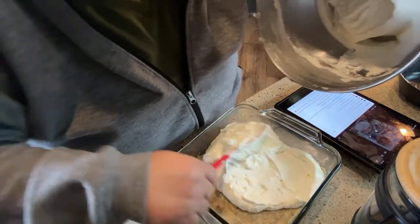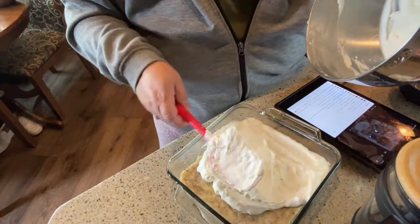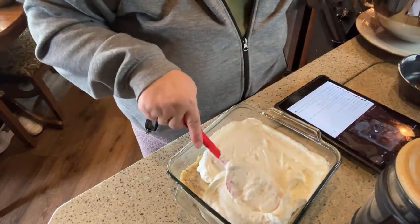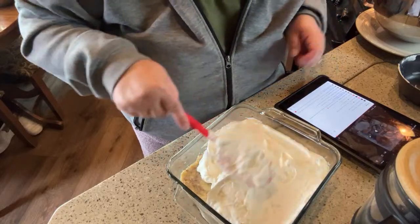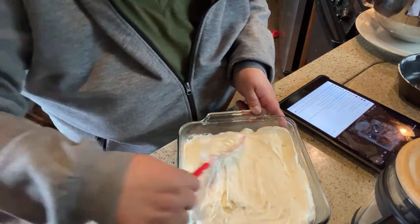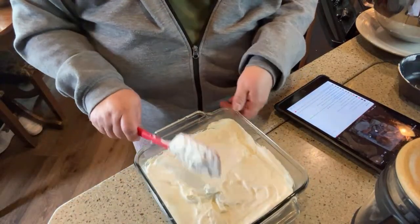I would definitely suggest waiting 30 minutes to fill it, you guys. It allows it to get crunchy. I just didn't want to wait, because you hear Joe talk about how I don't want to ever wait. Yeah, I don't like waiting. I'm not one for patience. The only thing that has carbs is the...